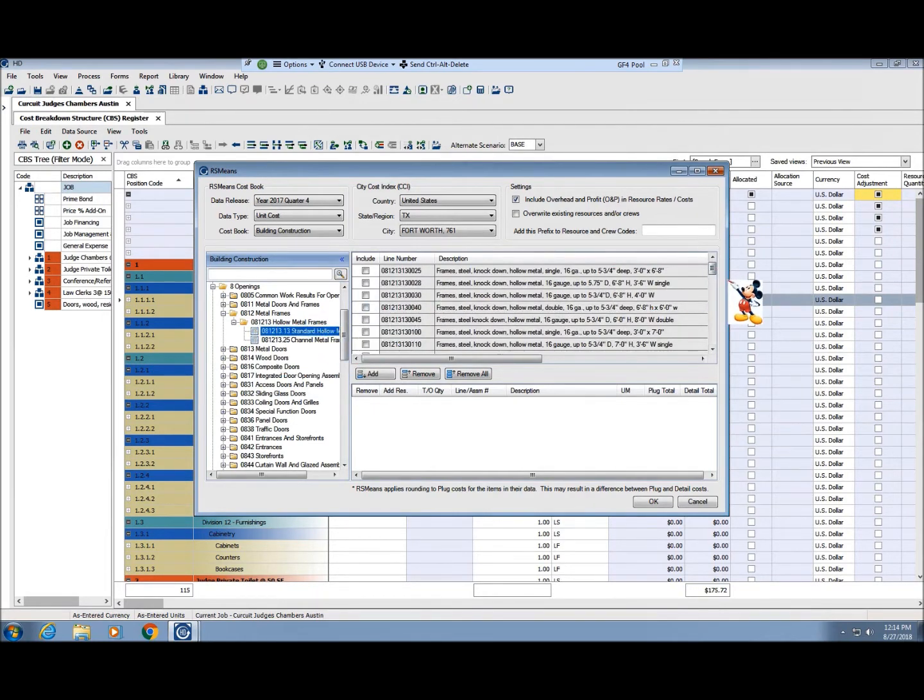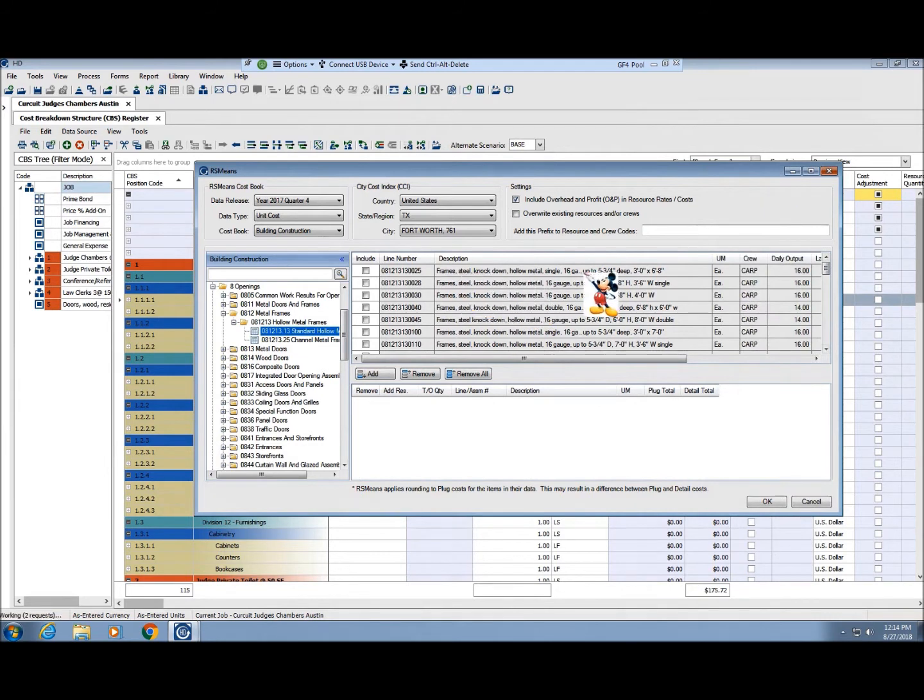And this one, we'll pick that first one. So check the box, add, and what we're going to do here is add a line item for the painting